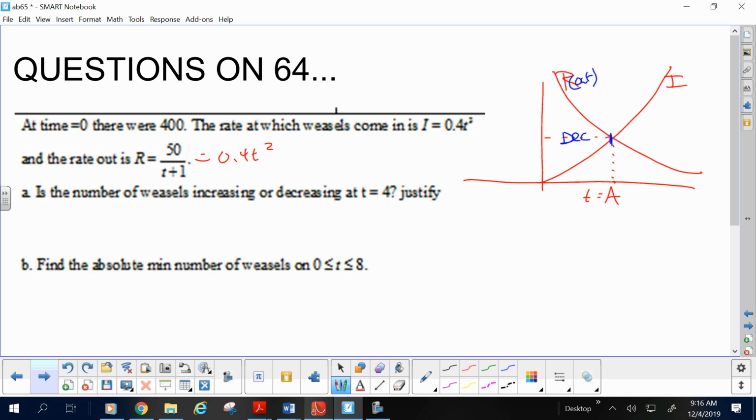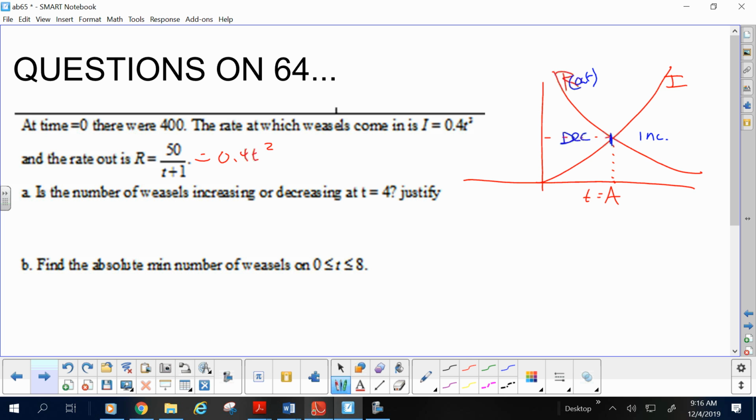At this point, the in rate and out rate are exactly the same, so at that point, the amount of weasels is not changing at all. And then afterward, the in rate is greater than the out rate, so then the number will increase. You follow? Okay, so I don't know where time equals 4 is, but if I were you,